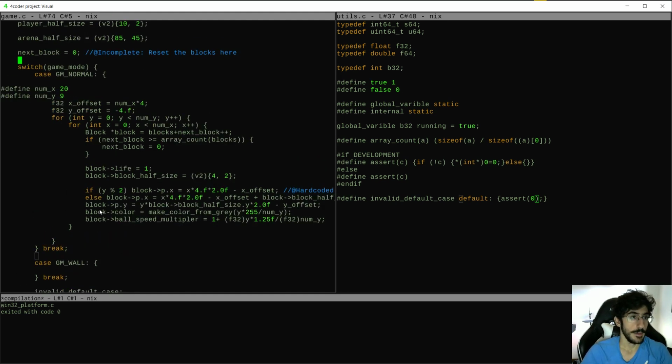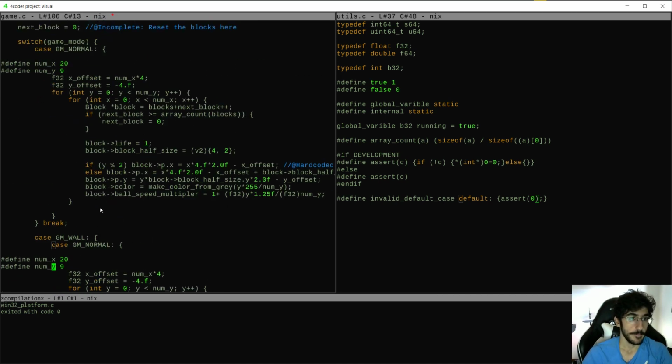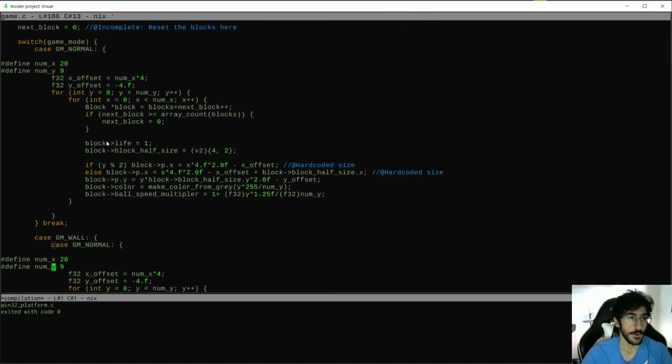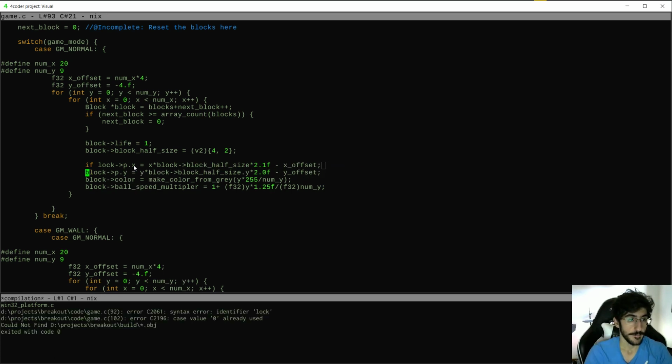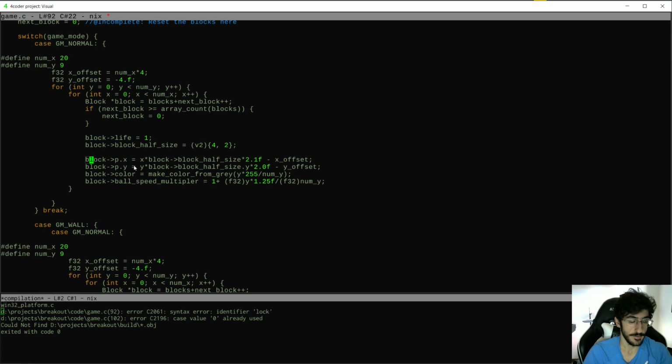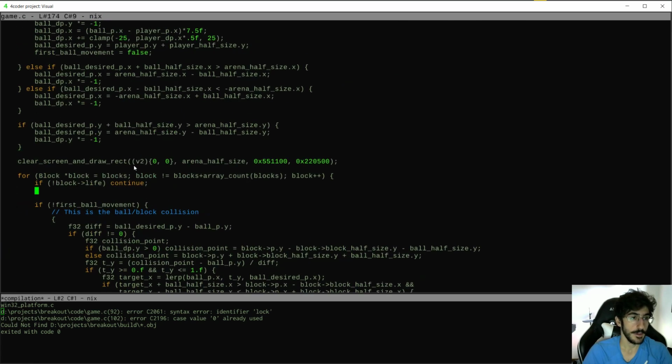And the wall is going to be what we have. And this one's going to be the normal breakout mode, which is just setting the block half size to this guy. Yeah, block half size. Dude, this game's going to be really, really cool, I think. Okay. If, and then here I'm going to start a